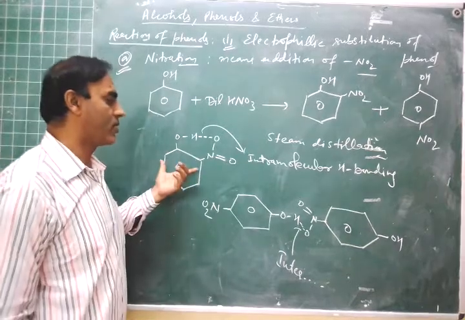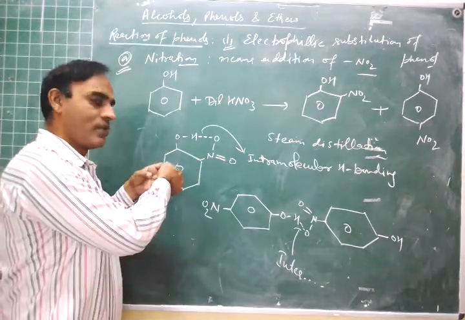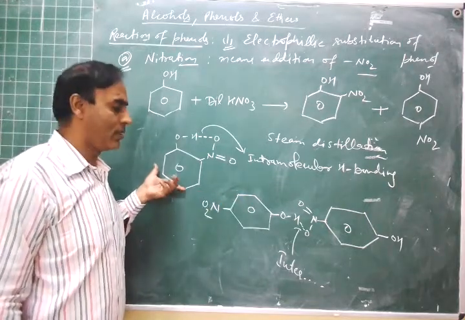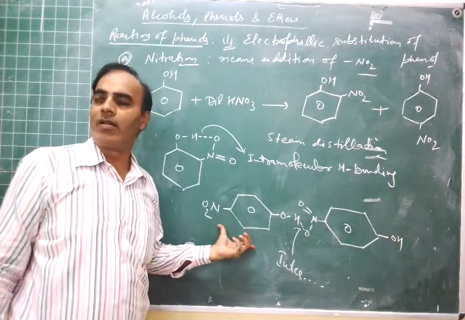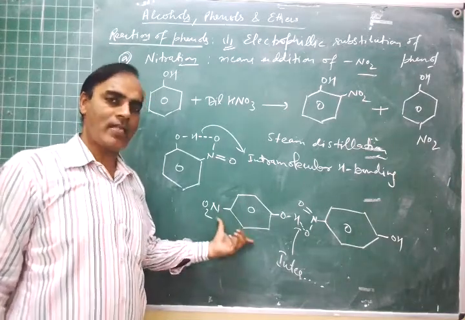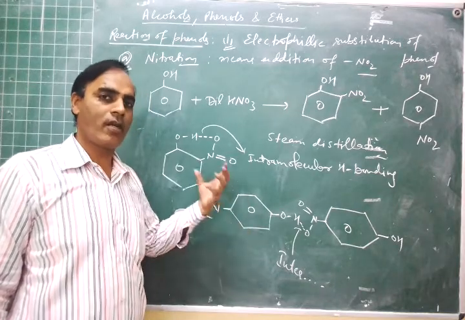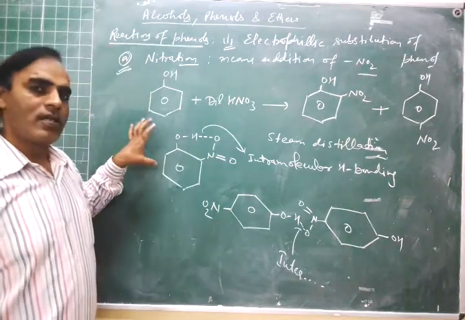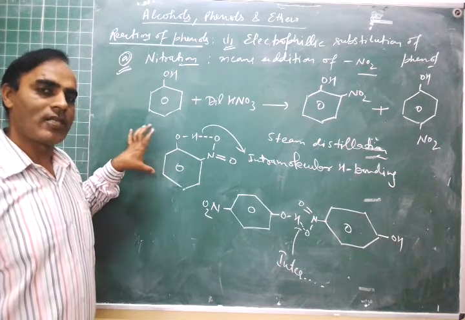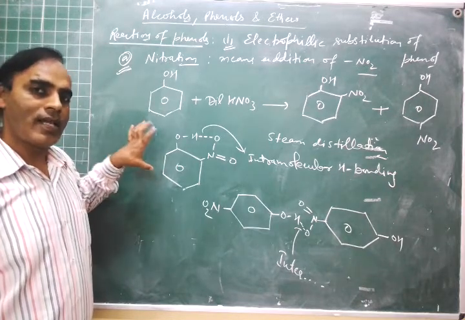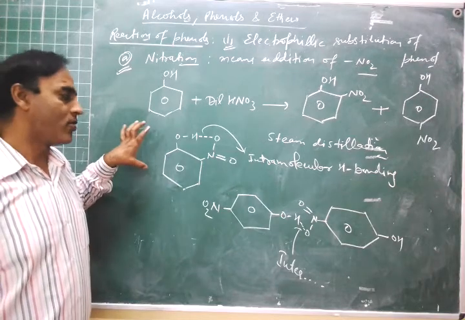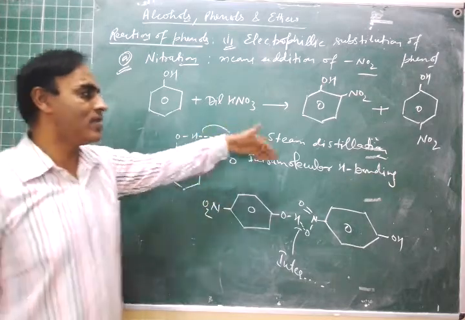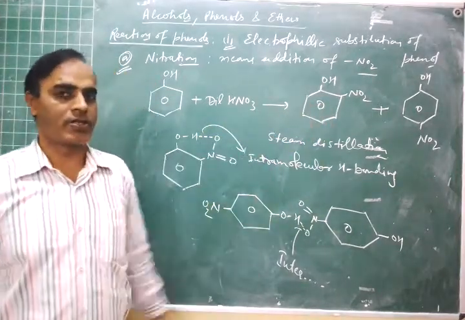And in this case, because of intramolecular hydrogen bonding, the molecule stays away from each other. So, in this, the forces of attraction between the molecules are less, and in this, the forces of attraction between the molecules are more. Due to this, this has higher boiling point because more heat, more energy is required to break the higher force of attractions. And in this, because between these molecules the forces of attraction are less, this requires less heat to break them. So this compound has lower boiling point than this compound, so it can be easily separated by steam distillation.